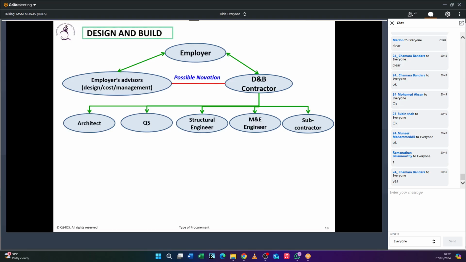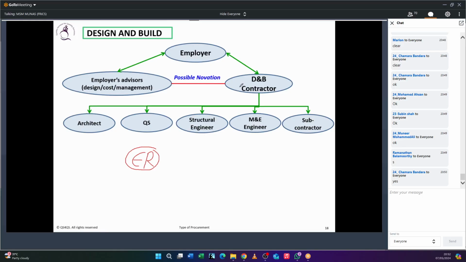3 bedroom villa. He will define what color paint, what color finishes, some key features, whatever he wants. He will define all of them in his write-up. That is called identifying the employer requirement. So that's the keyword. You should understand employer requirement, ER. Okay. Employer requirements. So once the employer requirements are defined, you will call for a bidding process.